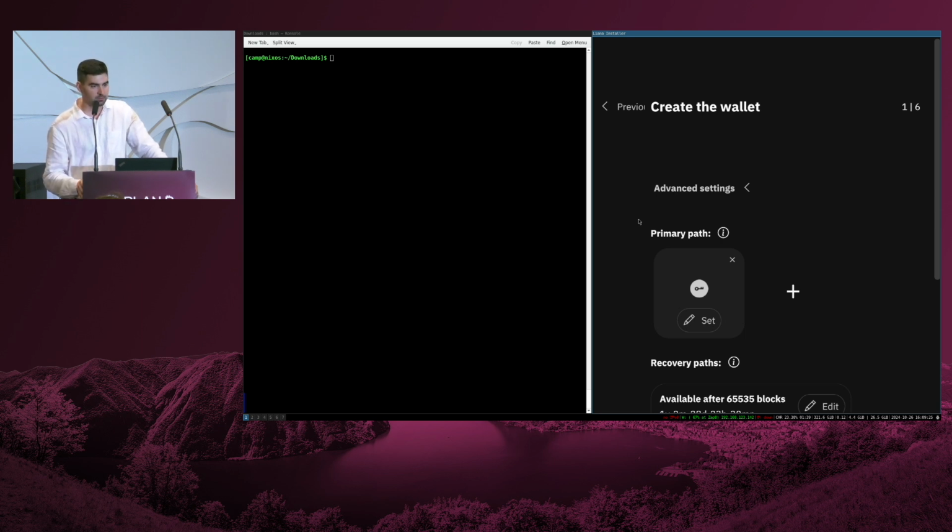And therefore, Miniscript was invented and developed, which is just another way of using those same opcodes that are available in Bitcoin. And it is way more human readable. You will see that when I finish the demo with the descriptor. You will see that it's really easy to read. It says, okay, I have this key, which is time locked for that many blocks. I have this key and so on.